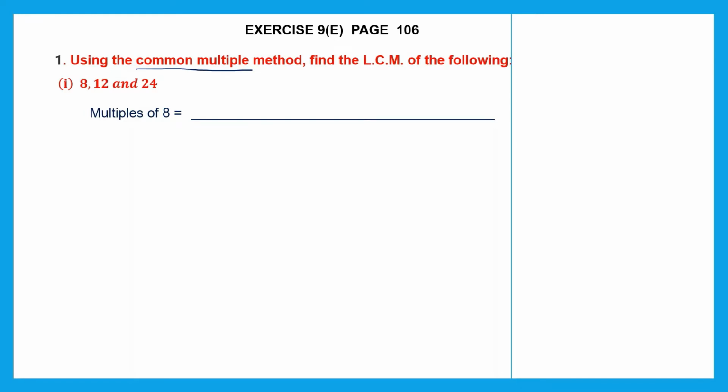What are multiples? Multiples are the number that you get when you multiply any two numbers. Any two natural numbers, an answer that you get is called a multiple. So here it's simply the tables. So let's write a few multiples of 8. 8 ones are 8, 8 twos are 16, 8 threes are 24, 8 fours are 32, 8 fives are 40,